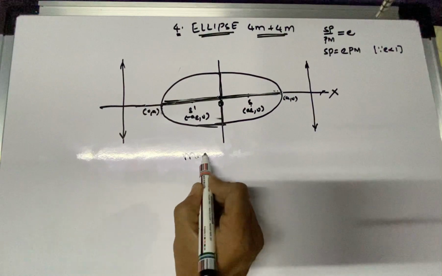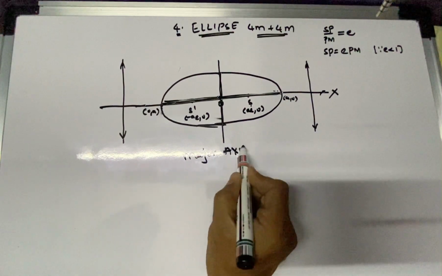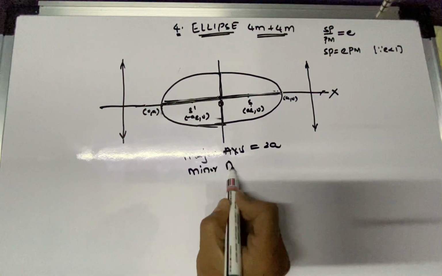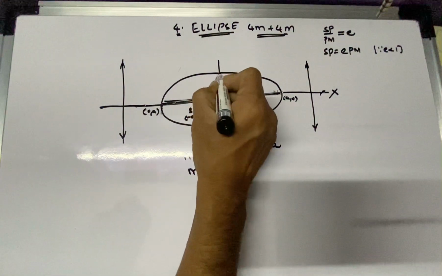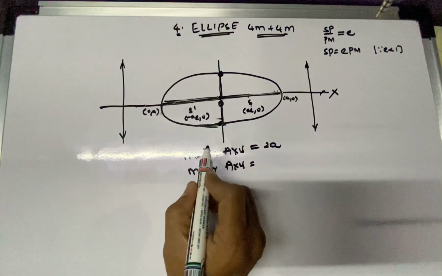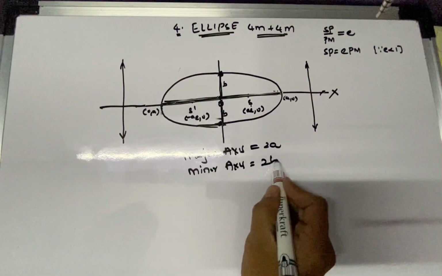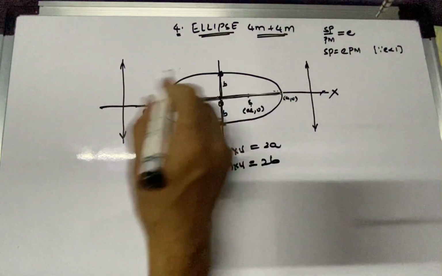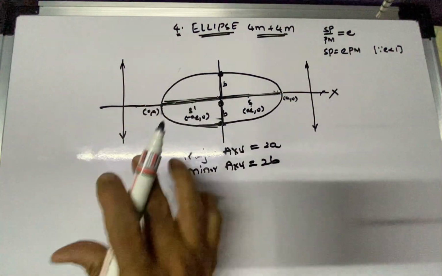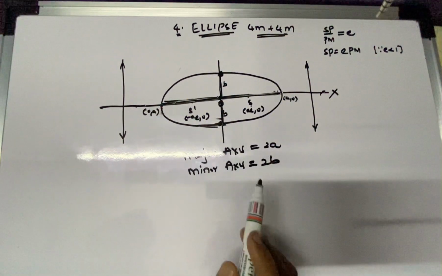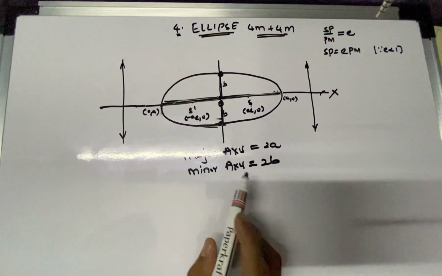If we find the distance between these, it is a plus a, 2a. So the major axis is 2a. What is the minor axis then? Minor axis means these two points, from this point to this point. In this minor axis, suppose this is B and minus B, so the minor axis will be 2B. By seeing this ellipse equation, it is not a circle, we can say it is a compressed circle. Elliptical things are there in physics, same thing.